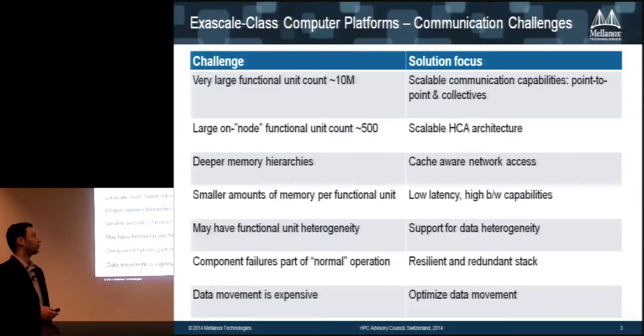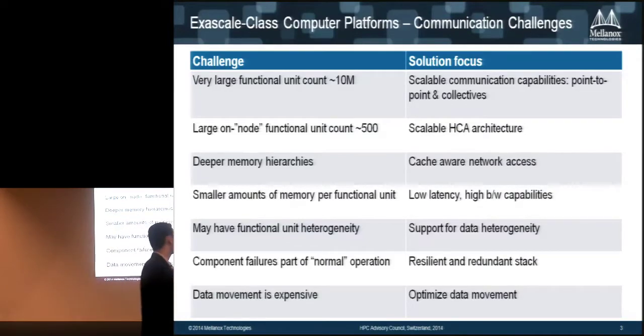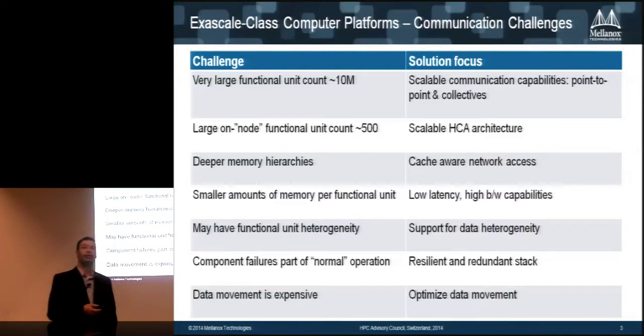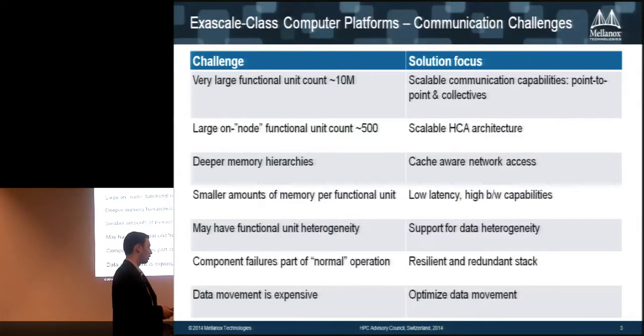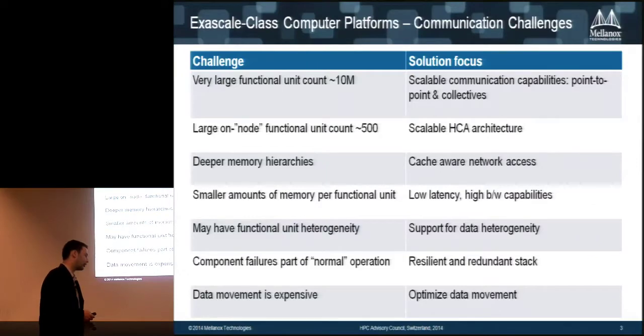For that we must make sure that our communication is scalable for both point-to-point and collectives, because the pressure to connect all those nodes efficiently is going to become more and more critical. That stands for both point-to-point and collectives, especially at large scales.